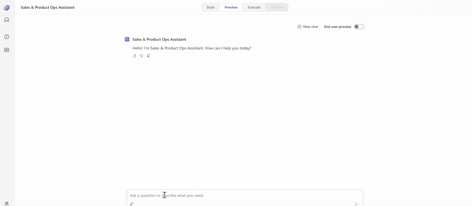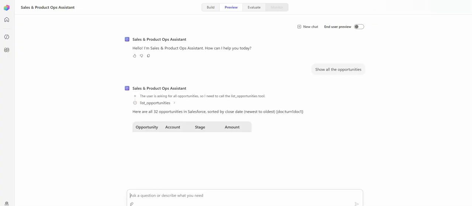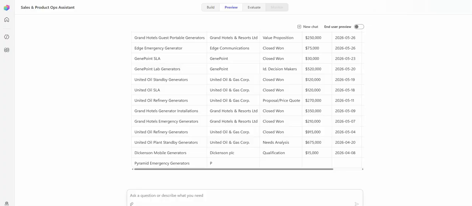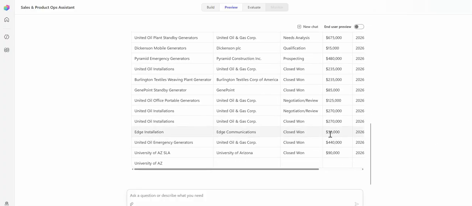First, simple, show all opportunities. This will be live from Salesforce. Let's see. So it is listed all the 32 opportunities